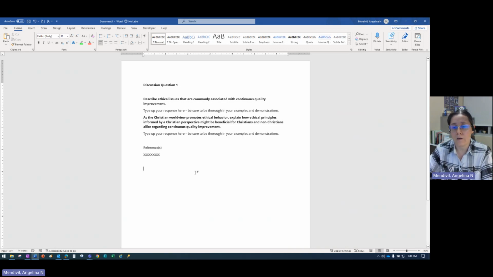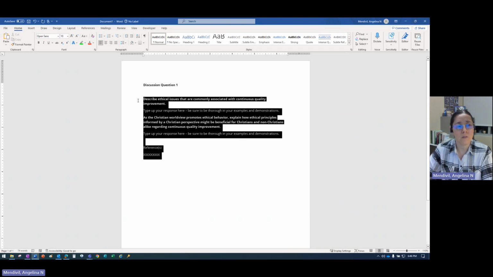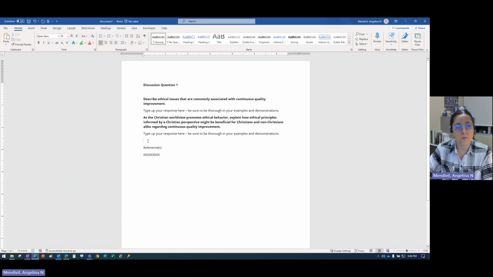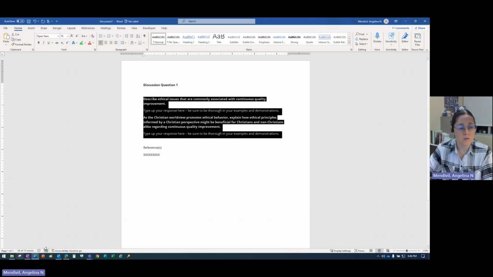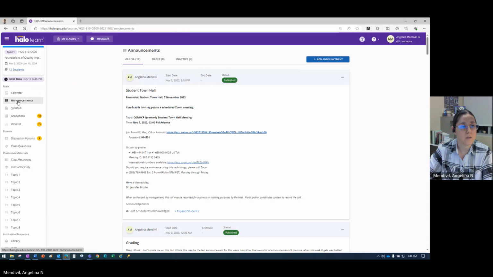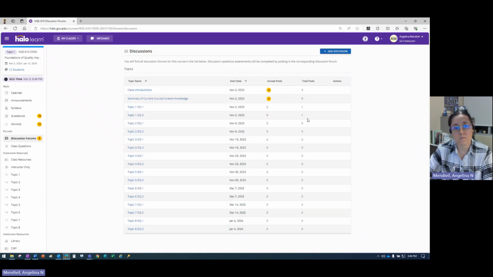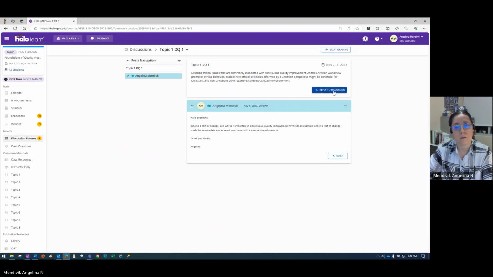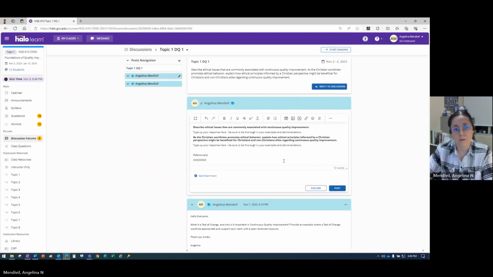And that's how you can format your discussion posting, to break it down into parts and make sure you hit each part. So when you get done with that and you've answered that, when you go to do your word count, you're going to scroll up and look down here at the bottom. It's going to tell you 69 of how many words you have in your document, but 69 would be the body of my discussion question. And I'm looking for 300 to 400 words there. So you can go ahead and copy that and post that in your discussion forum. And that would be your first response right there.